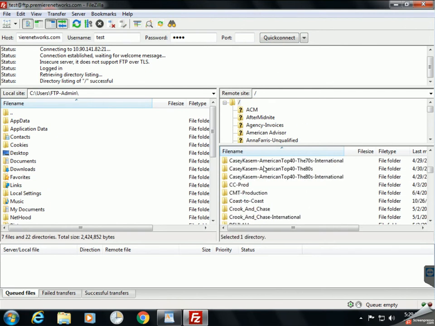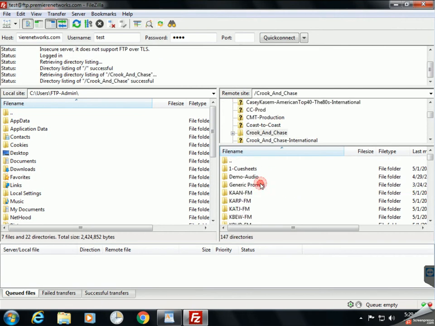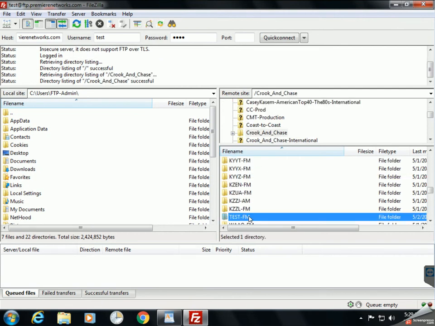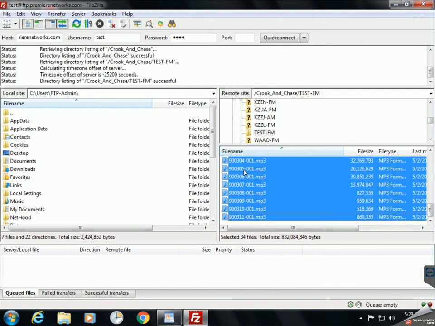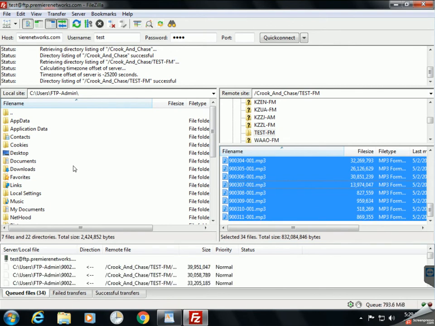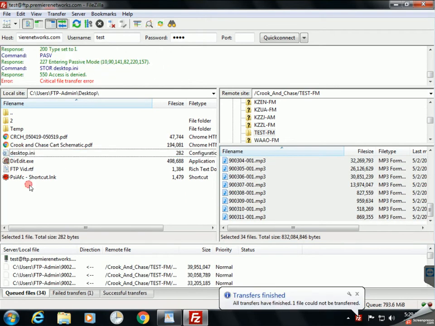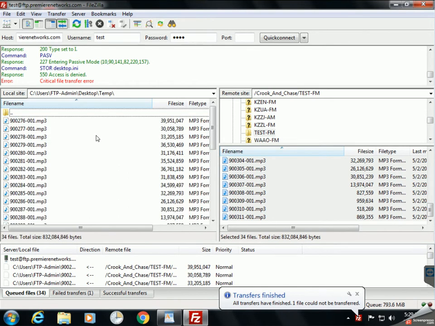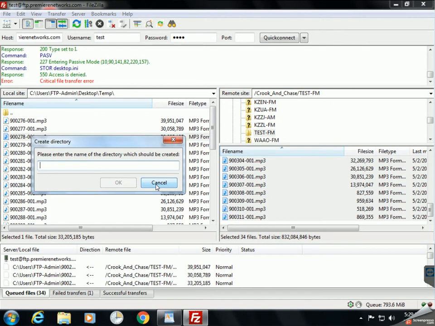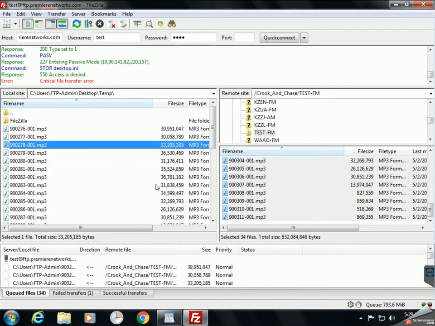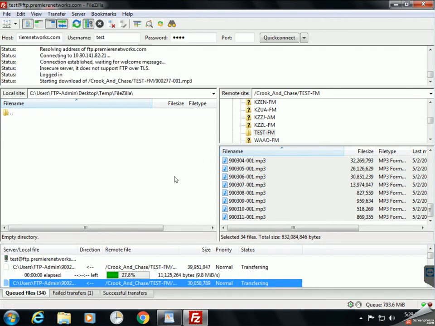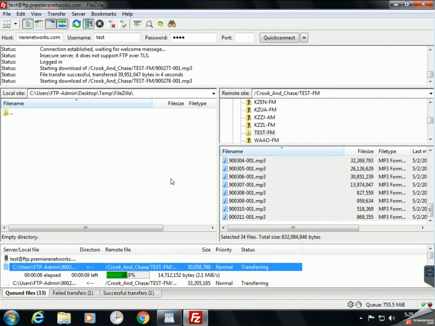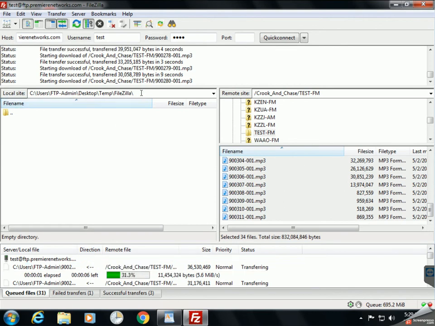On the right hand side, this is the remote server. Scroll down to Crook and Chase. Scroll down to Test FM. And I'm going to highlight everything, hold down Control, and drag them down to the queue. On the left hand side, I'm going to browse to my local folder that I want to download them to. I'm creating a new folder, and then I'm going to go up here to my Transfer menu, Process Queue. And it's going to go ahead and download everything that's in my queue from the FTP server to my newly created